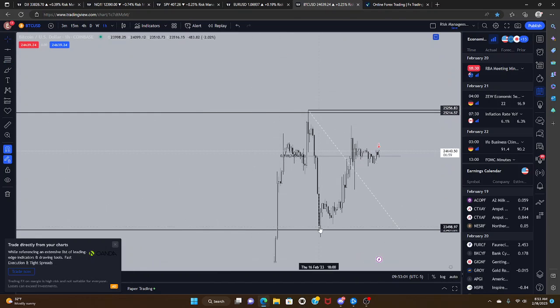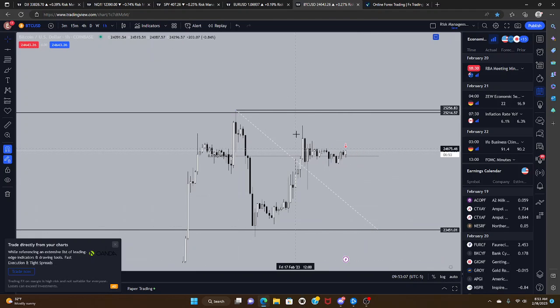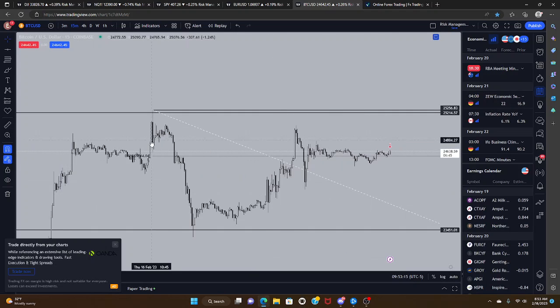Price runs down to this level here, which is this high previously right there, runs down and runs up into a 618, a little bit past it, actually, into this apex up here. Very, very nice price action, actually. Runs back down into these bodies right there, and now we're just kind of consolidating.